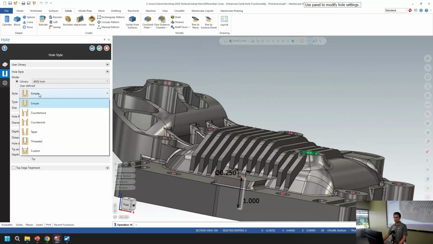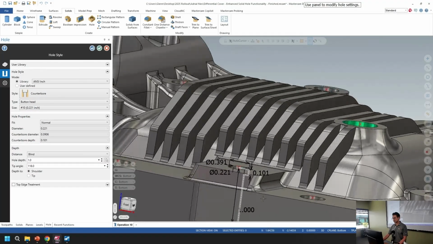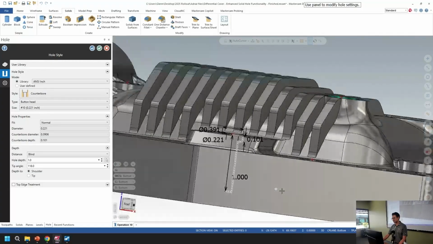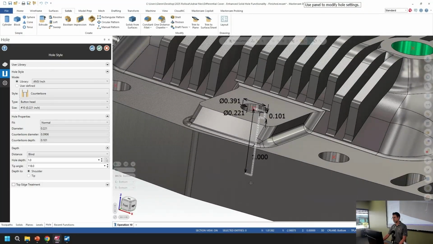With one of the libraries selected, you can select an option for hole style: counterbore, countersink, taper, threaded, and so on. Let's select a counterbore hole and take a look at this. You can see how the profile has updated to represent that counterbore hole. We also have a list of types. Each hole style is going to have its own types that you could toggle between and switch between,